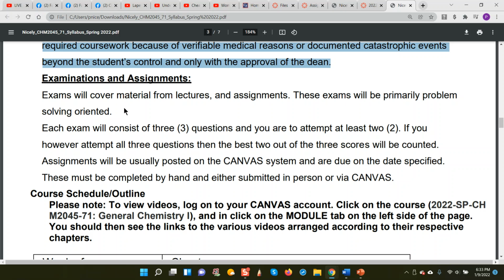Now, you will get the opportunity to do so through the assignments that I'm going to give you. But I would strongly recommend that you do not limit yourself to those assignments. You should try to find problems, and you can find problems from different sources, from online sources, and also from your textbook. In fact, in your textbook, each chapter has at least 100 questions for you to try on your own. And I would suggest that when you're studying, trying to solve these problems should be a part of your